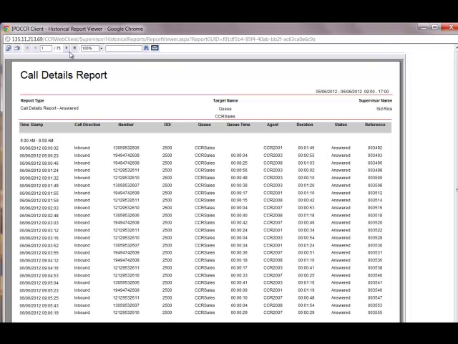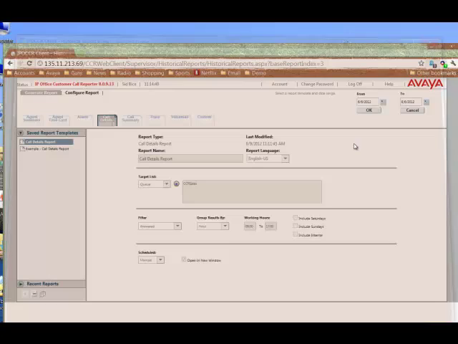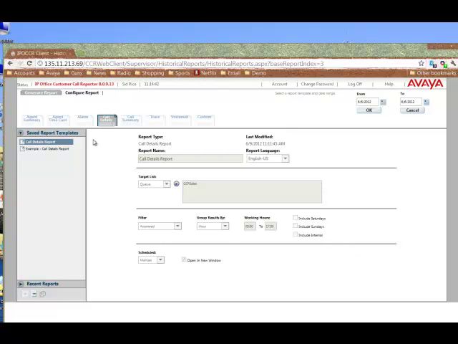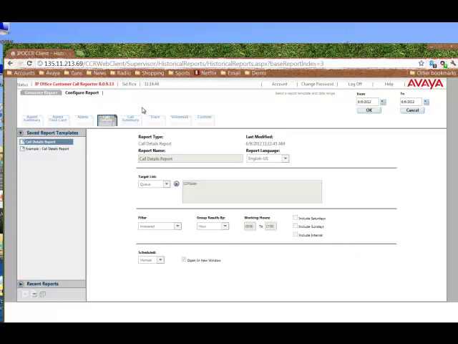By the way, you notice I have 75 pages, so I had a lot of calls that day, we'll say, or maybe it wasn't a lot, depending on your call center. So I'm going to go ahead and close that out. Now, if I go back to configure,